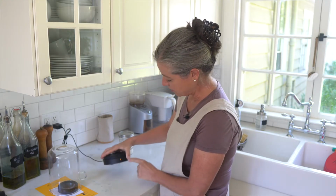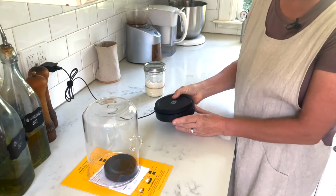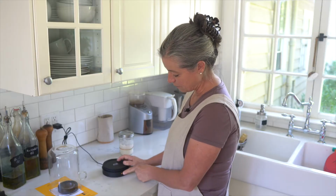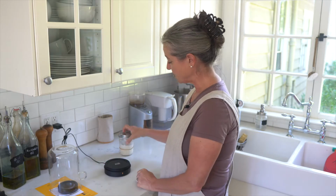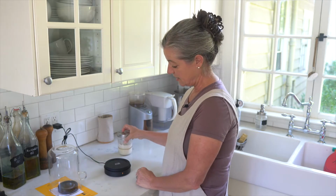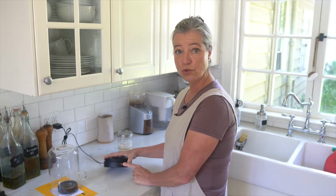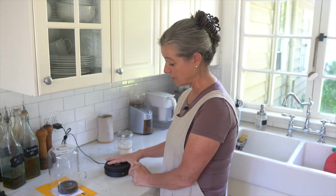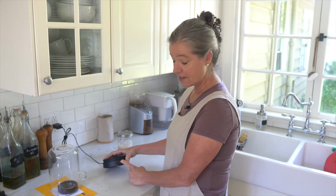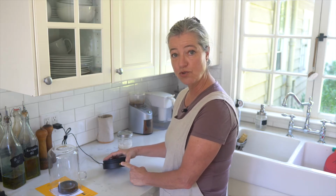You have two lights in the front and you have a switch in the back. The two lights in the front here indicate the temperature as your sourdough starter perceives it. If the temperature in your kitchen is too cold, this light will turn blue, and then the base will start heating your sourdough. And if the light is red, then your sourdough starter perceives the ambient temperature as too hot,